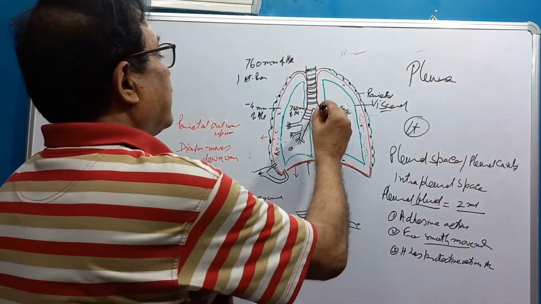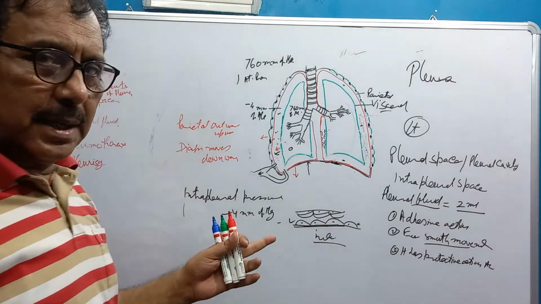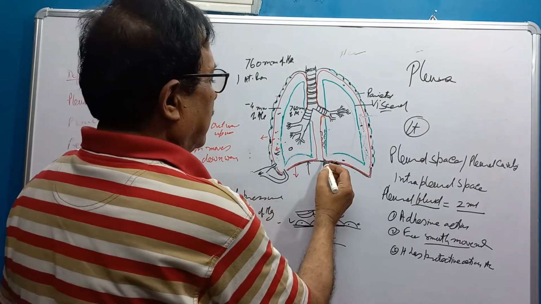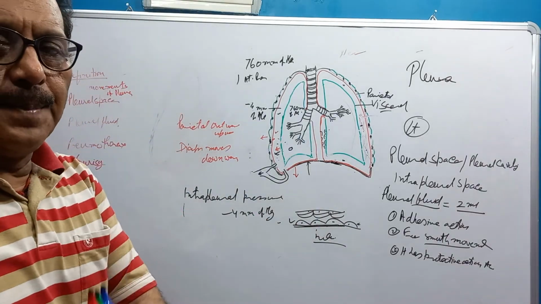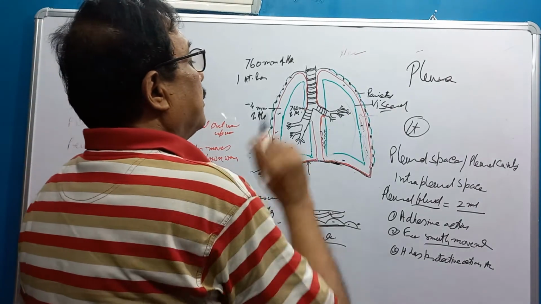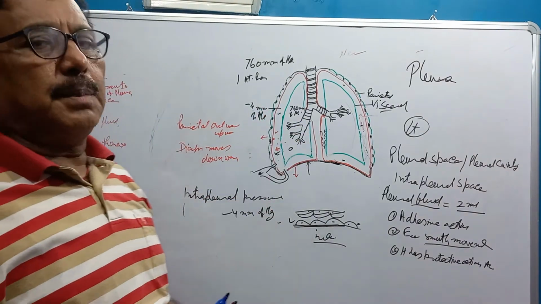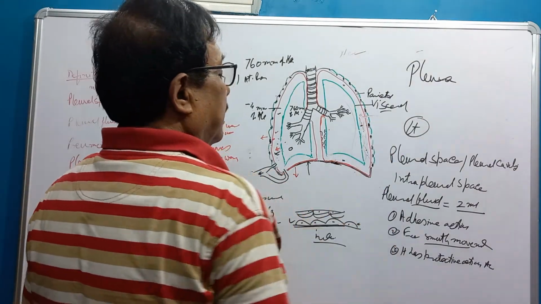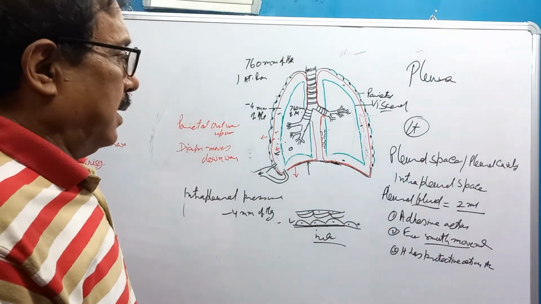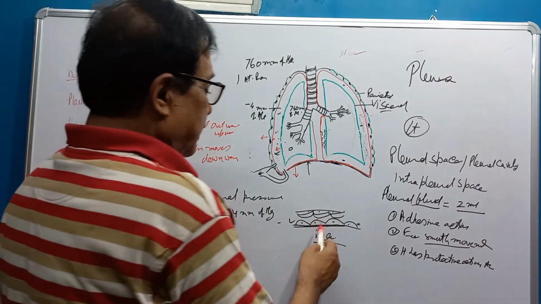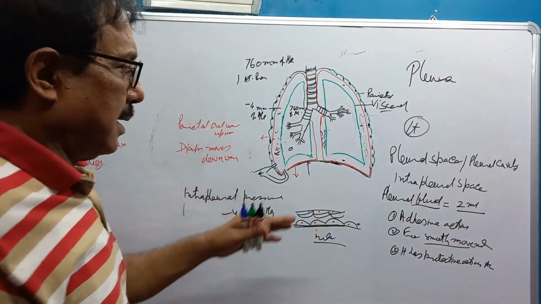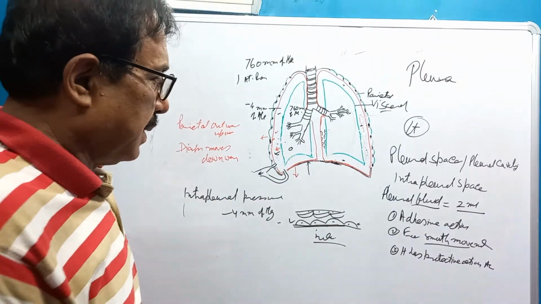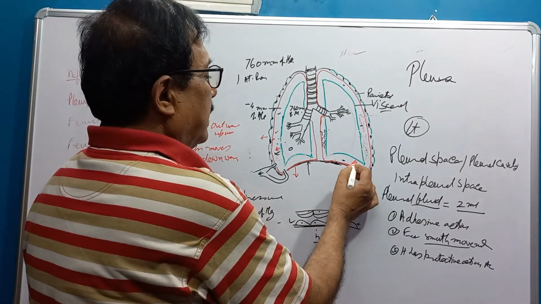One thing, the parietal pleura is supplied by intrathoracic nerves, and on the mediastinal side and diaphragmatic side, it is supplied by the phrenic nerve. The visceral pleura is supplied by ANS, the autonomic nervous system. The parietal pleura is very sensitive to pain, so when there is rubbing, there is pain in the initial stage. After a few days, pain will subside, and fluid will accumulate in this space.